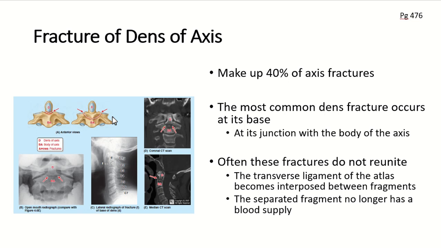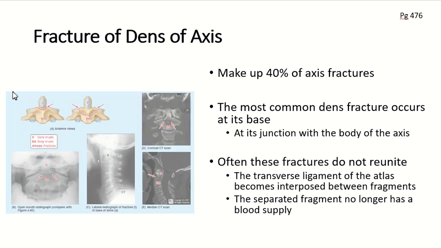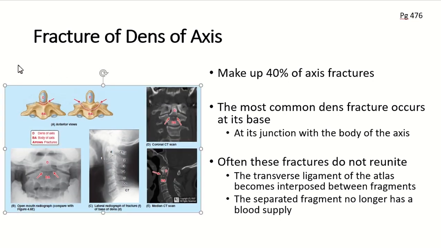Other dens fractures result from abnormal ossification patterns that you might see. To make this a smidge bit bigger, as much as I can, you can actually see some of what I'm talking about here, the fractures. So in the coronal scan of a CT, you can see the fracture here. On a median scan of the CT, which of course is also showing the soft tissue as well as the bones, you can see the fracture here. And these are compared to radiographs, where it's a little harder to see it right in here. Okay?